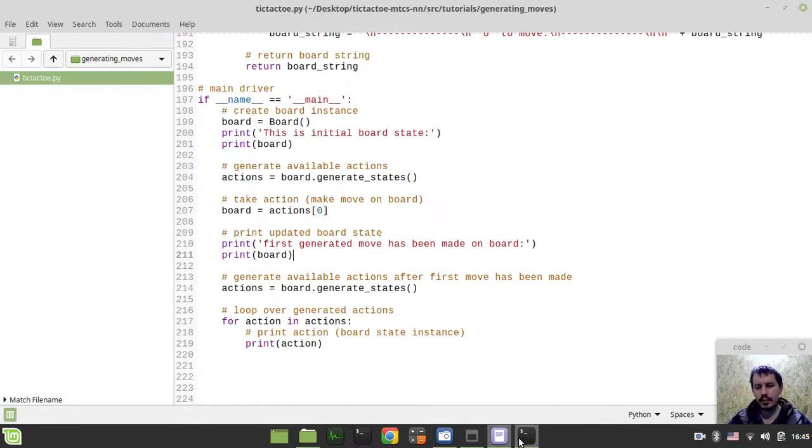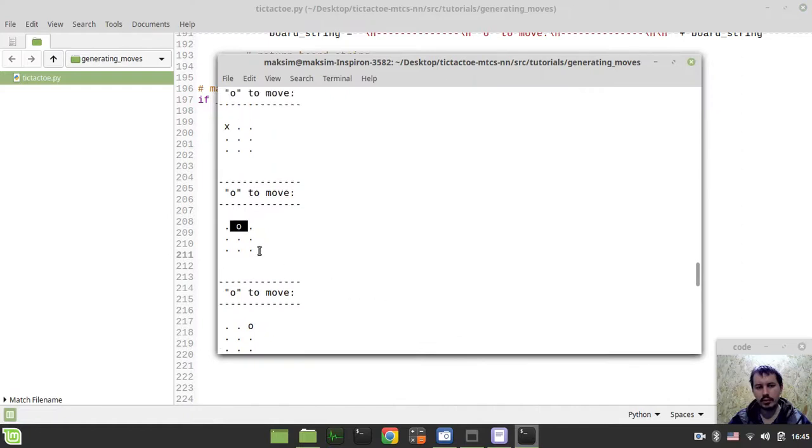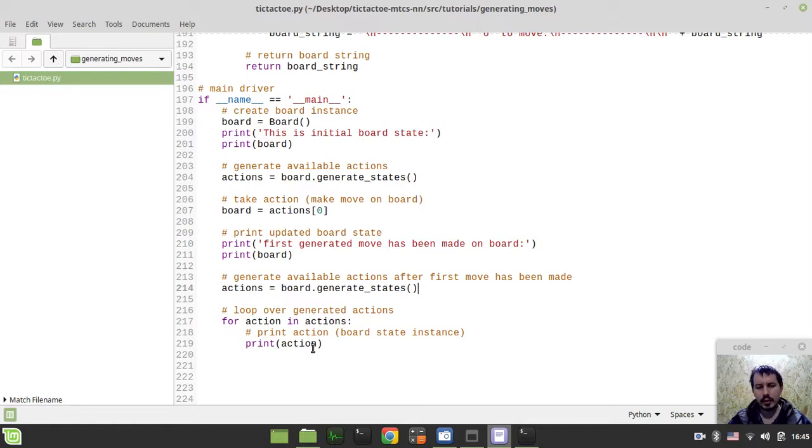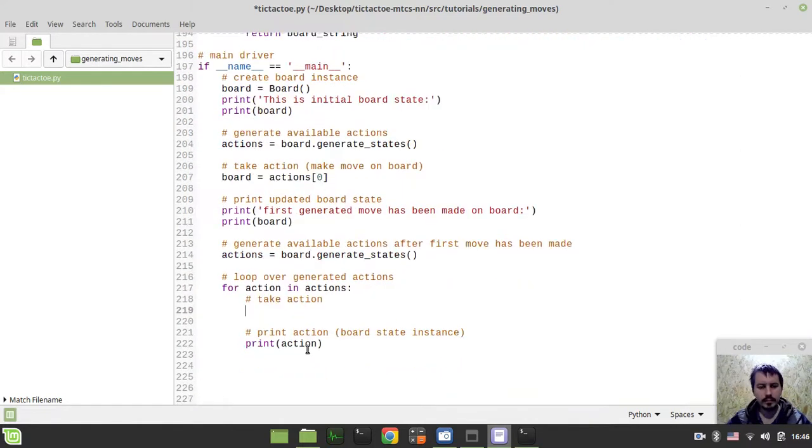So in order to print this in a more proper way, to see the X being available, we need not only to print the action, but we actually need to take the action and then print it, just to make it more visible, basically. Okay, so take an action, so say board